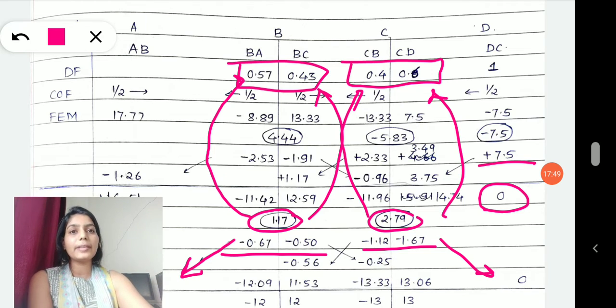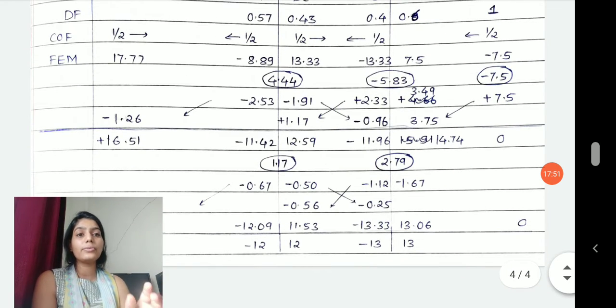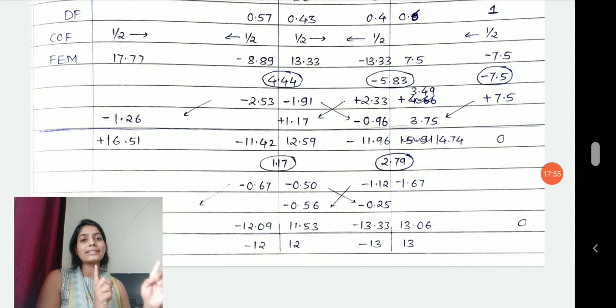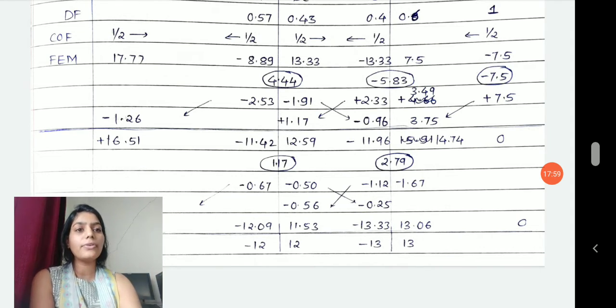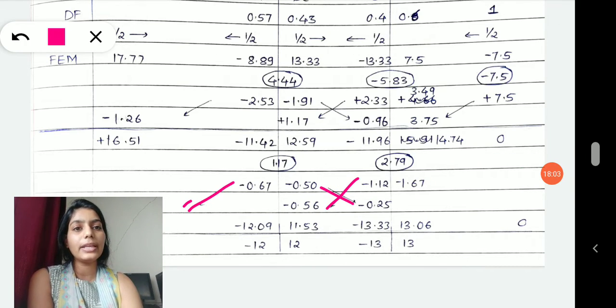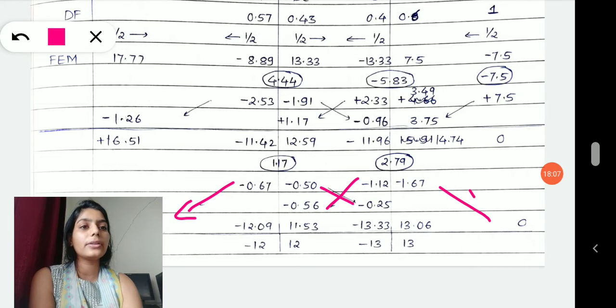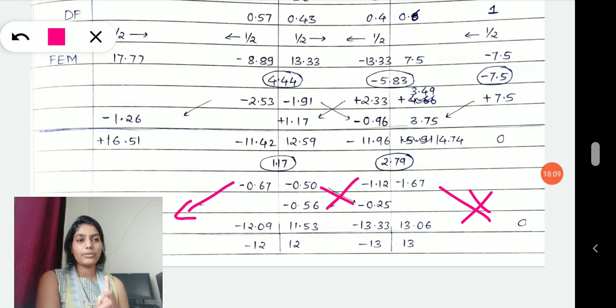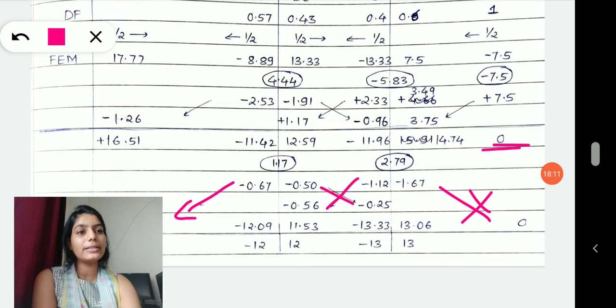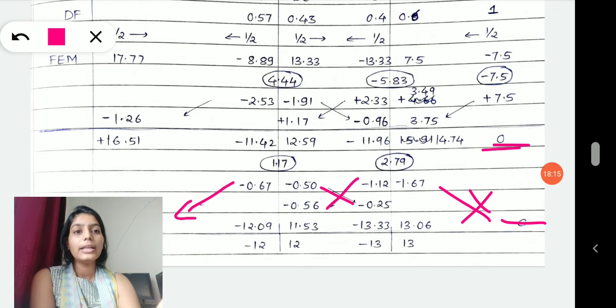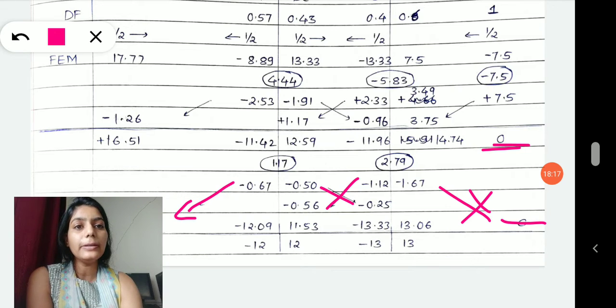Okay, so please pay attention that you will not mistakenly take the carryover to the simple support, the exterior support. Intermediate supports always take a carryover of half magnitude. You can see here, at the intermediate support's far end you can take a carryover, but for the free end you cannot take a carryover, right? Because we already balanced it and we are keeping it at 0, free from the moment. Okay, now add all the values here.